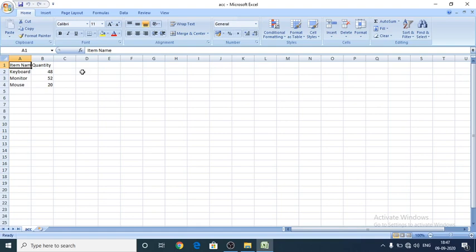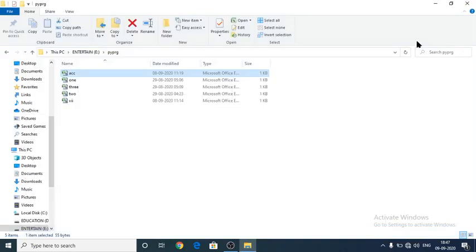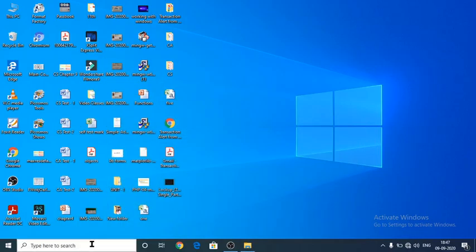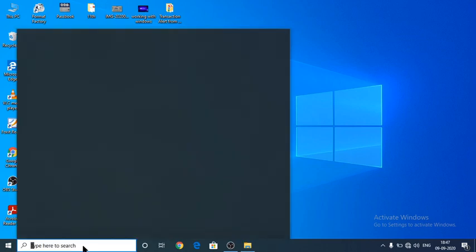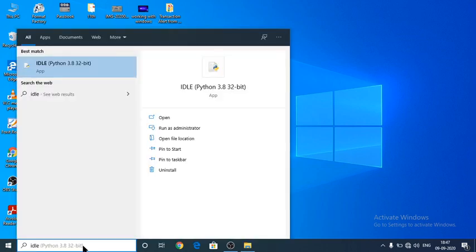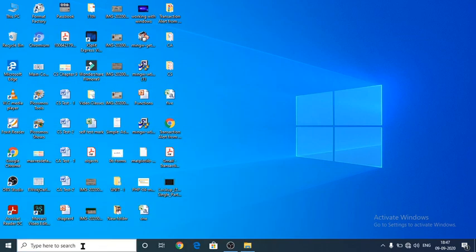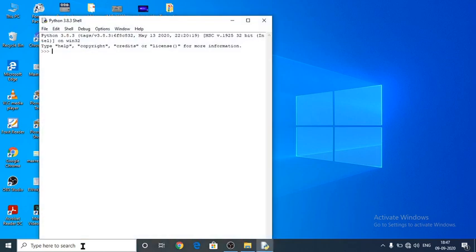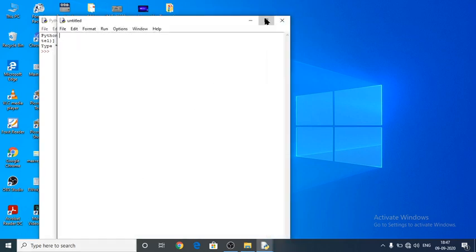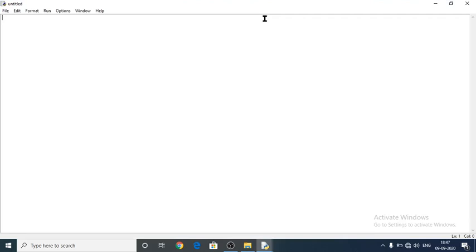Here I am going to sort a specified column. For that you have to write Python code in the Python shell. Ideally you open the Python 3.8 version, click enter, and afterwards import the CSV module. If you want to sort more than one column with the help of itemgetter, you have to open a new script. Here you have to type the code.